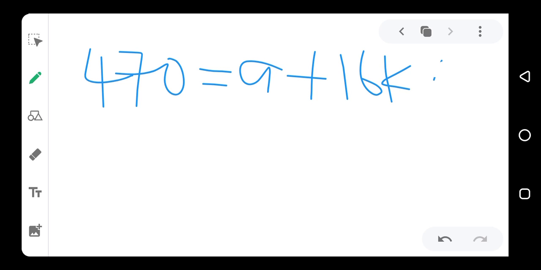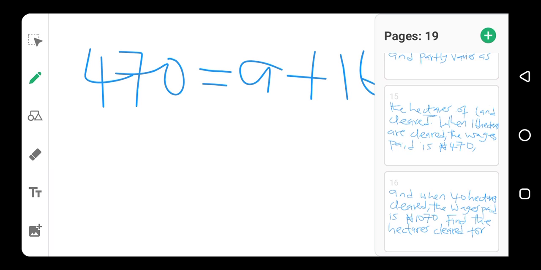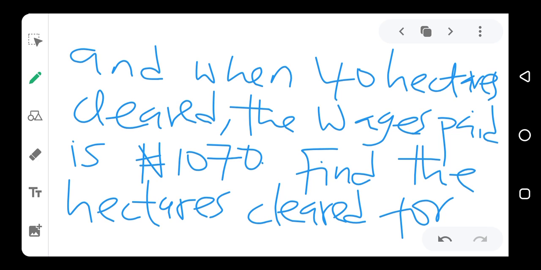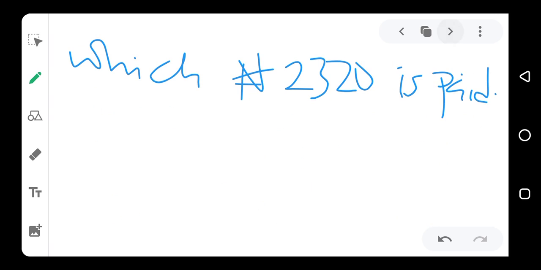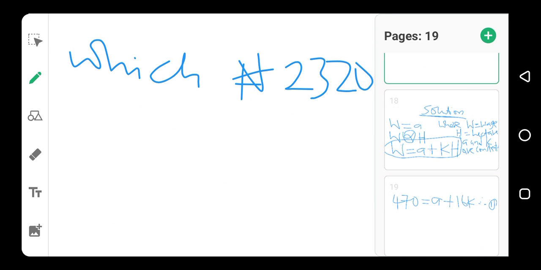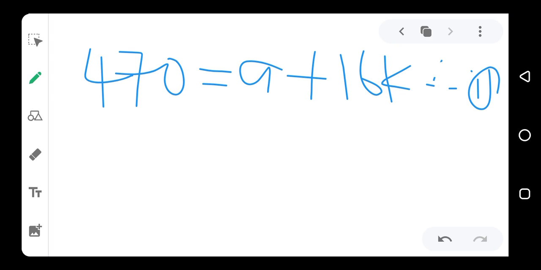Now we can call this equation 1. Then we also have that when the wage paid is 1070 naira, the hectare cleared is 40. So we go back. We now say for 1070 naira